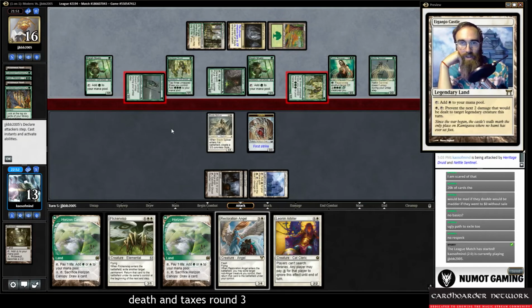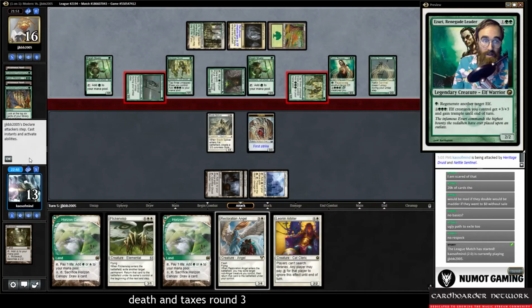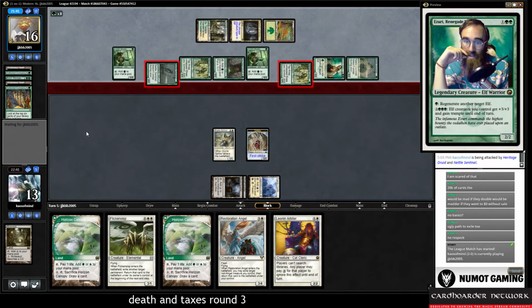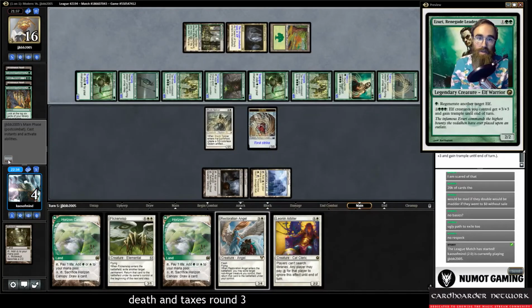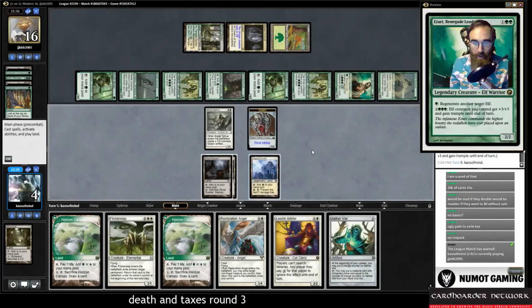They're gonna overrun right here. So we can't block because of overrun. Suppose they might as well still do it, right? We're at 4. And we're dead. Alright, well,